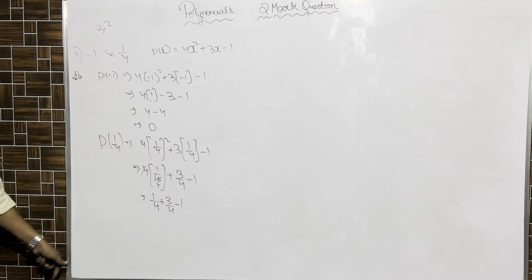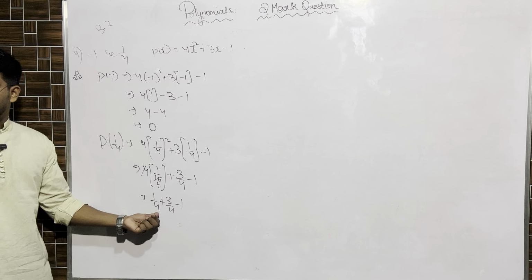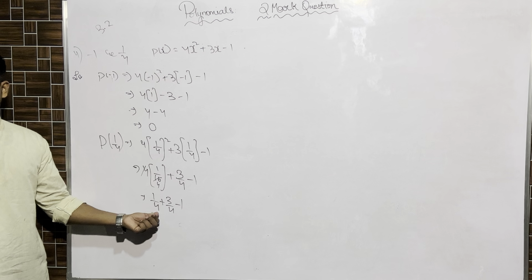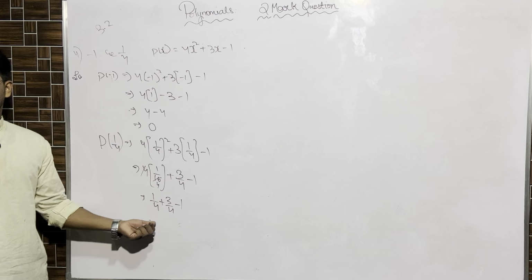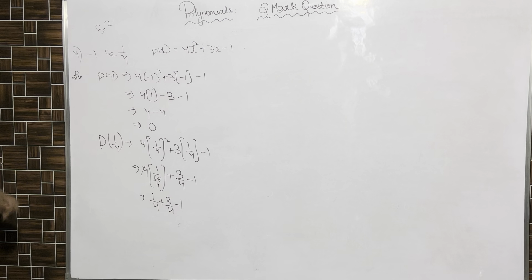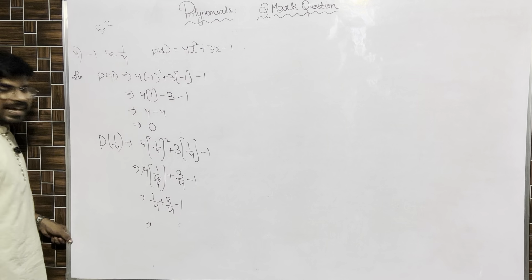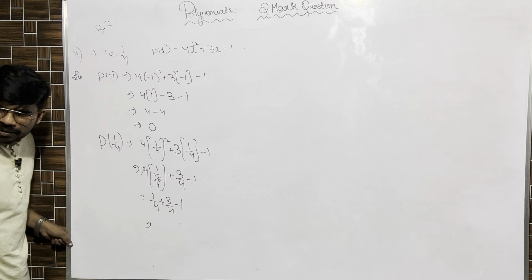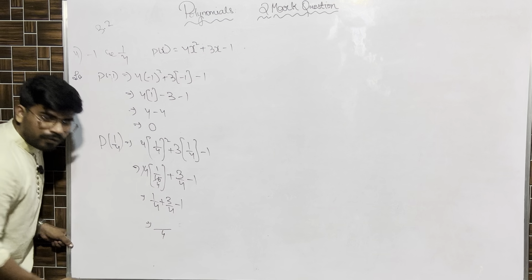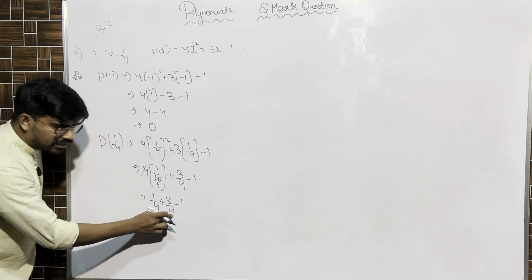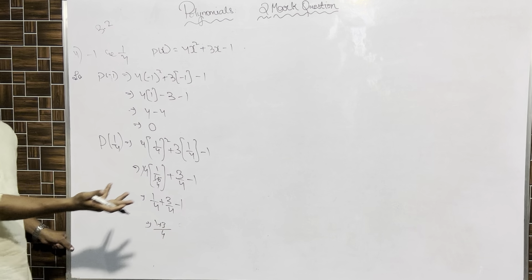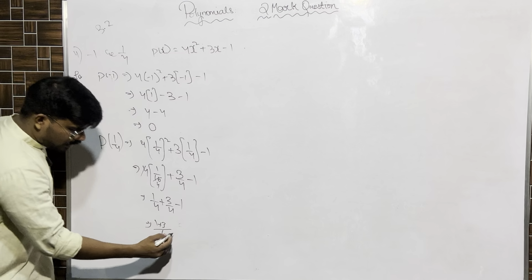1 by 4 is nothing but 4 aane. 3 by 4 is 12 aane. You know 4 aane, 12 aane? 4 aane plus 12 aane is 1 rupee. If you do not know, directly take the LCM. The denominator is the same, right? 1 plus 3. I am not disturbing minus 1 because this is a fraction, this is a fraction, this is a normal number. Or you can take LCM. That is also LCM you don't want.